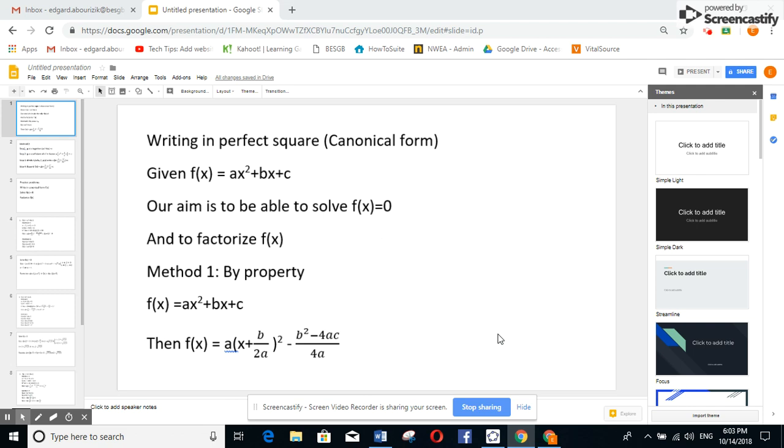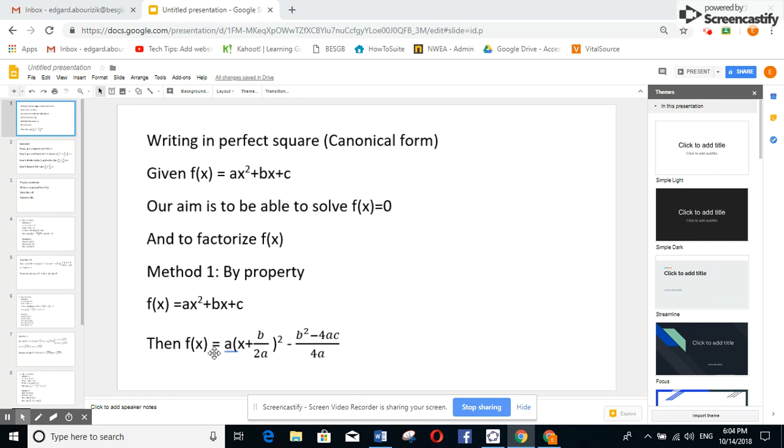Hi, grade 10 students. Our video today is going to talk about writing an equation of second degree in perfect square method or canonical form. We have two forms. We're going to use method 1 and method 2. When you write it in canonical form, you solve f of x equal to 0, then factorize. Method 1: